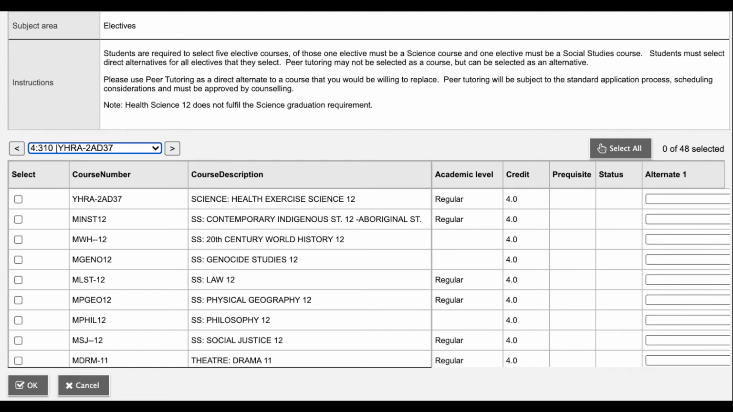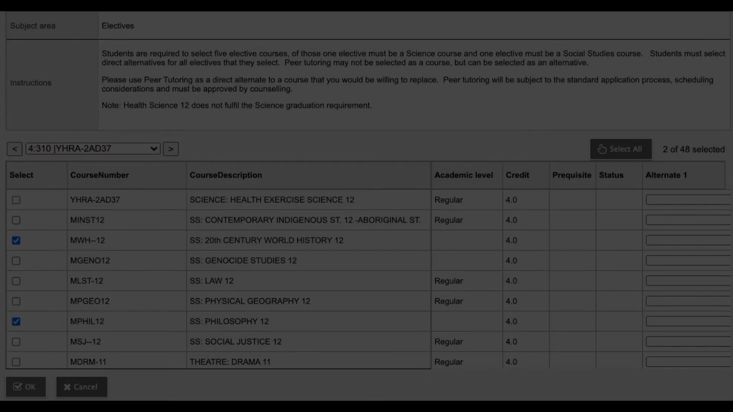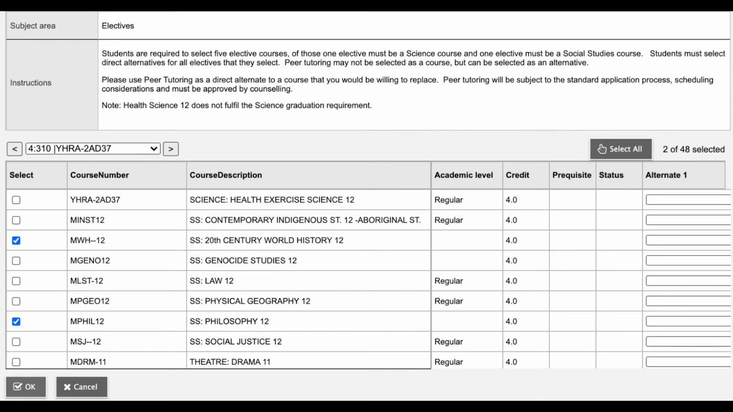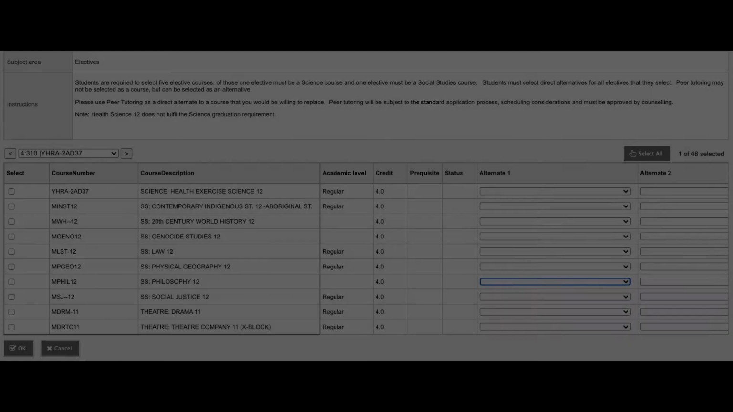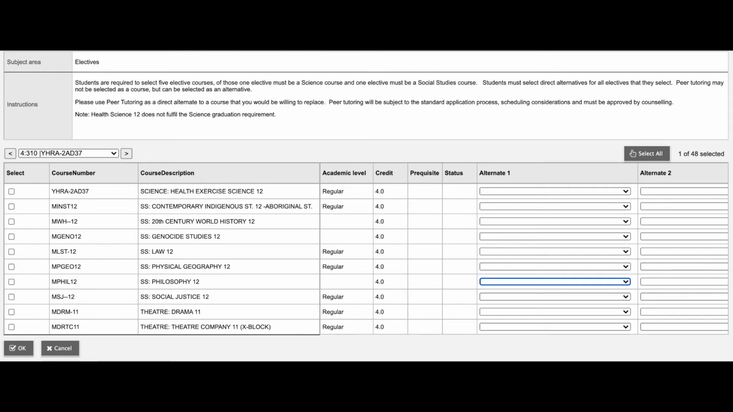I want to talk specifically about the social studies courses right now. In order to meet graduation requirements, all students must take at least one social studies 11 or 12. At SANS, we only offer 12s. You have multiple choices. These include BC First Peoples, 20th Century History, Comparative Cultures, Law, Physical Geography, Philosophy, and Social